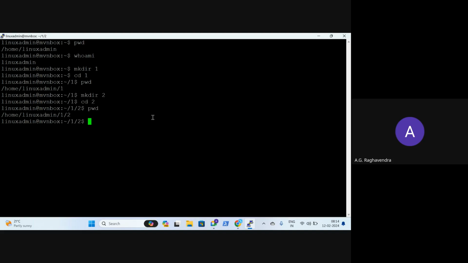Now, if you want to go to your home directory, it's easy: just press cd like this. This will take you to your home directory. Or you can also give the whole path, cd /home/linuxadmin. You can do either of the things. You can give the full path of the folder, or you can simply say cd tilde, and you will go back to your home directory.